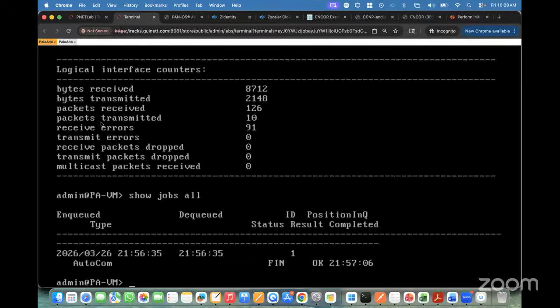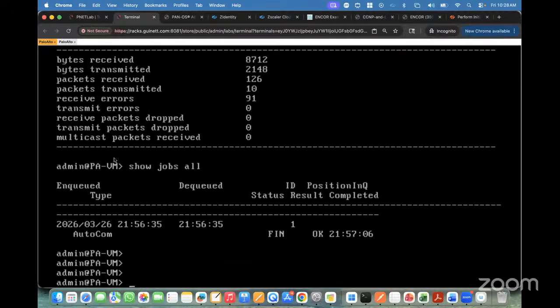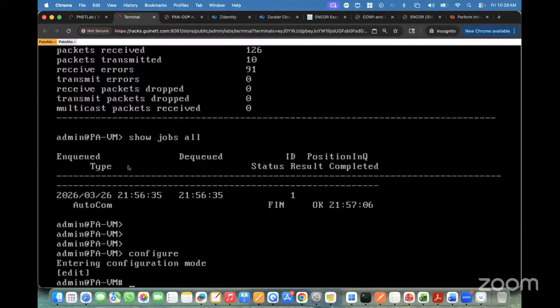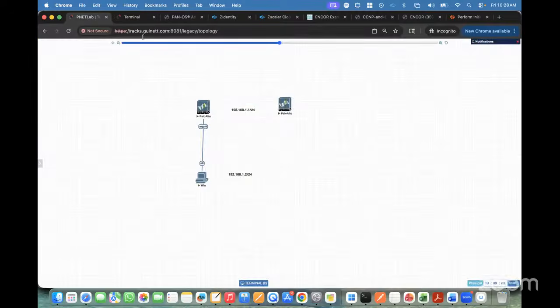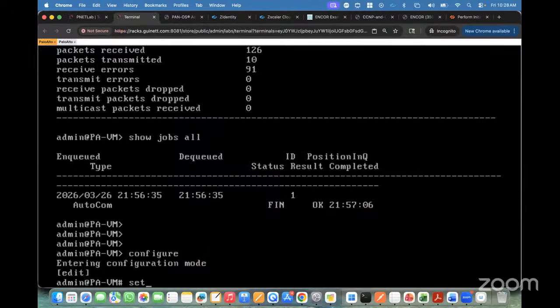Okay. So now the next step, I need to assign the IP address on the management interface. So how can I assign the IP address? I need to go in the configuration mode. So type configure, go in the configuration mode. And after that, you want to assign the IP address on this management interface. So how can you assign that? You need to write set